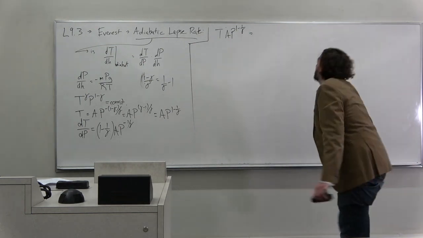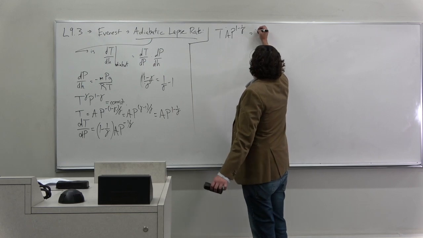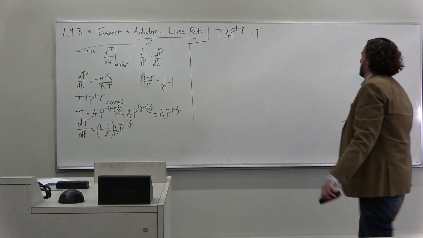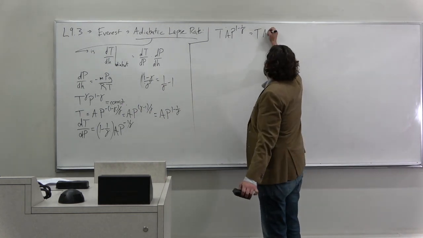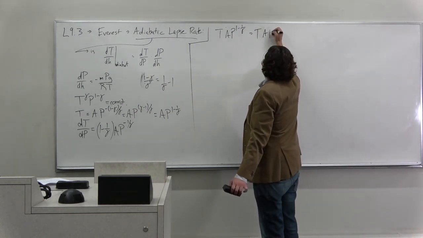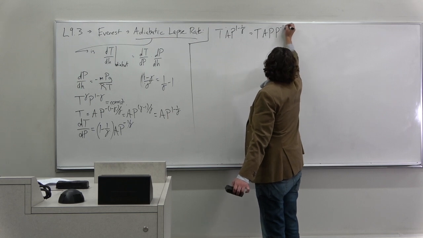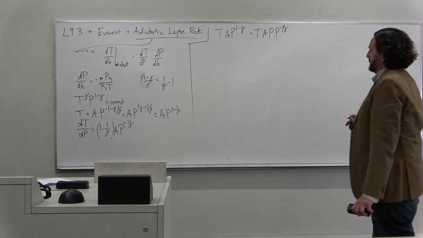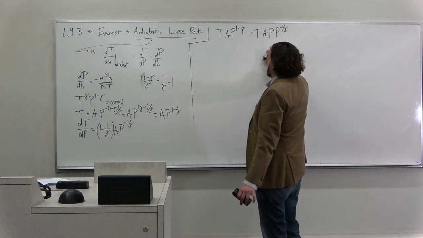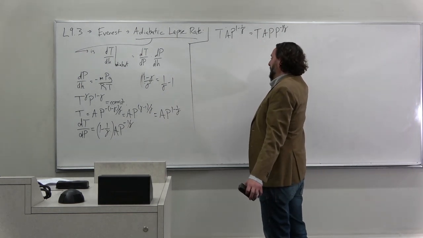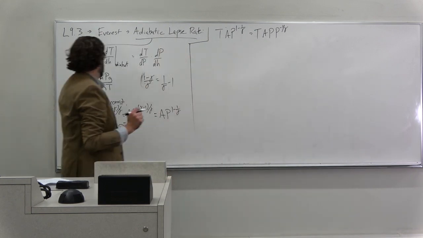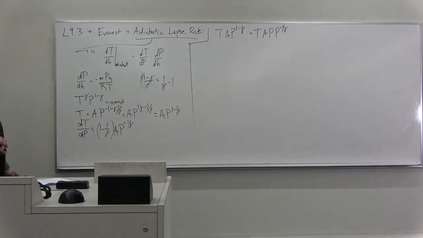T to the A, sorry, T equals A P, P to the minus 1 over gamma. Right? So I just separated that, so I can rewrite this as